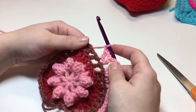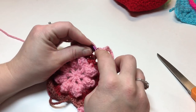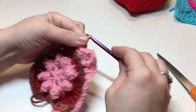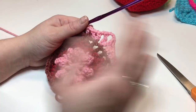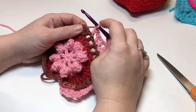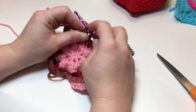Chain 1, skip 1 stitch, work a half double crochet into the back loop only. Chain 1. As you see, we are building our square up. It's going to look a little funny at first, but as we work more rounds, you'll see it really start to come together. Okay, so skip your next stitch, work a single crochet into the next chain 1 back loop